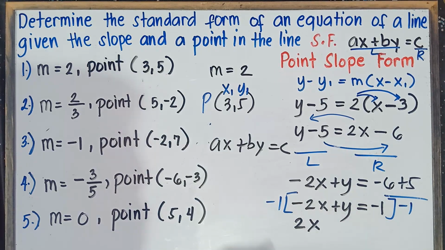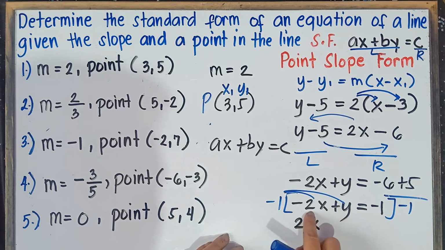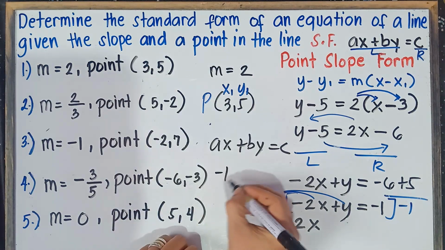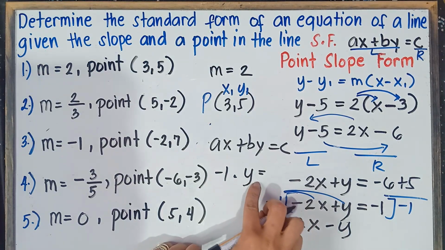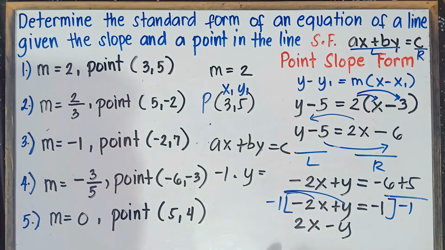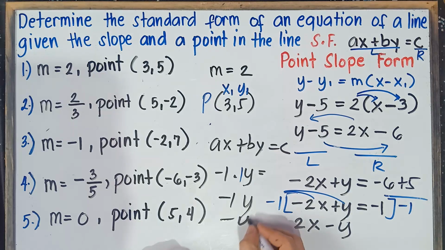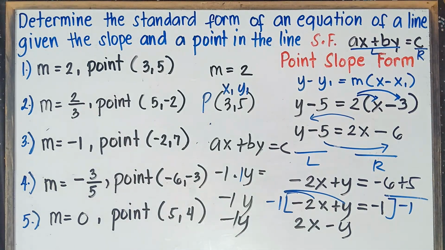Simply copy x. Once again, class, you need to do the distributive property because this is a binomial. This is two terms. So, negative 1 times negative 2x, that would be positive 2x. And then negative 1 times y, that would be negative y. Negative times positive is negative. Simply copy y. Understood that there's a 1 here, class? Negative 1 times positive 1, that would be negative 1. Negative 1y is just the same as negative y.